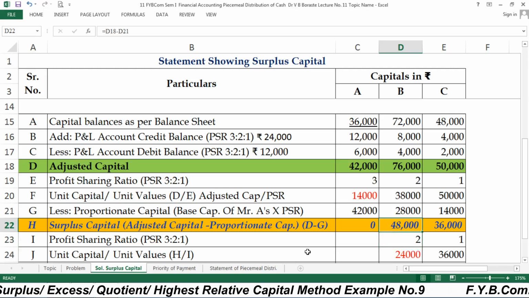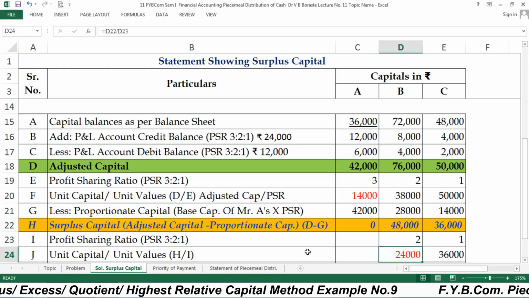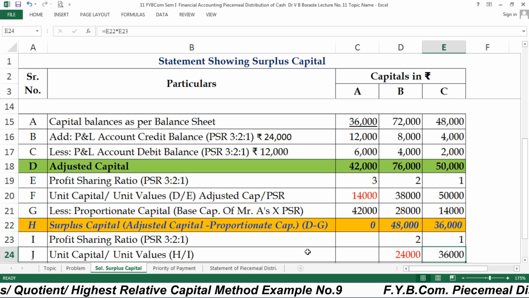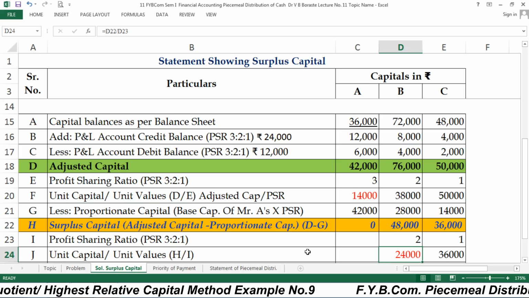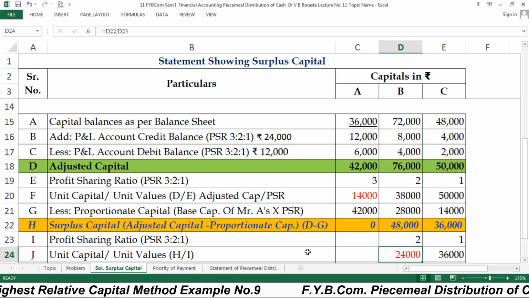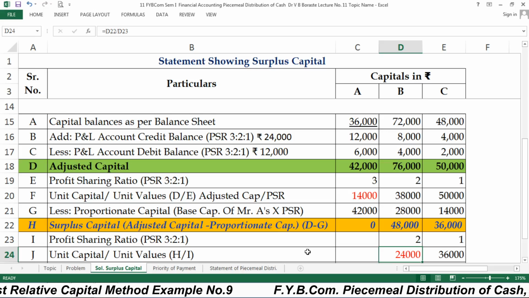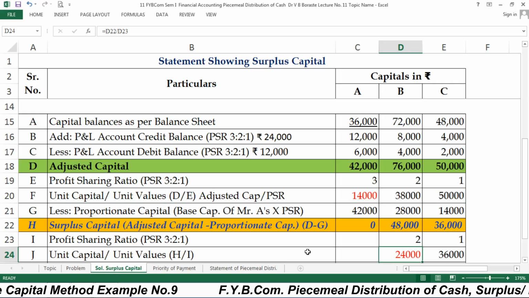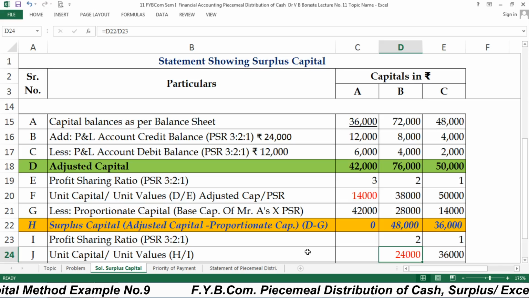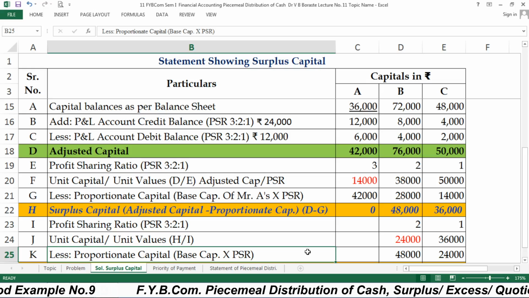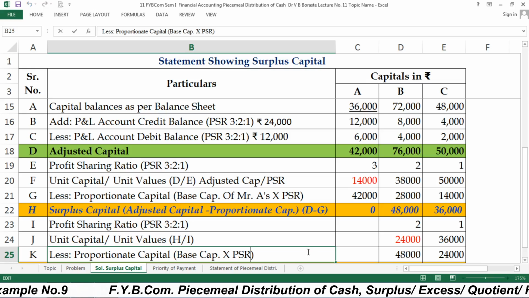So here 48,000 divided by 2, answer is 24,000, and 36,000 divided by 1, answer is 36,000. So the answer is 24,000 and 36,000, that is unit value or unit capital. Out of these two, we have to consider the base capital, which is the least amount. Out of these two, 24 is the least amount, 36 is the higher amount. So 24,000 will be base capital. Here we can call it